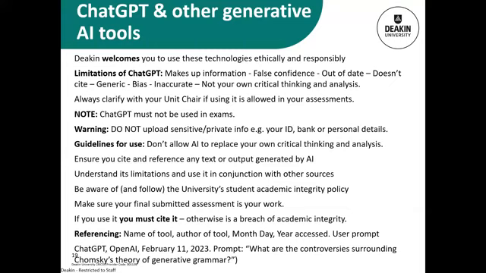So it is a tool, but you need to be mindful of how you use it, and again, some of the limitations that it can present. So always refer to other sources and not just rely only on this source because of these shortfalls. If you do use it in your assessments, you do not need to cite it in text, but you will need to include it in your reference list.